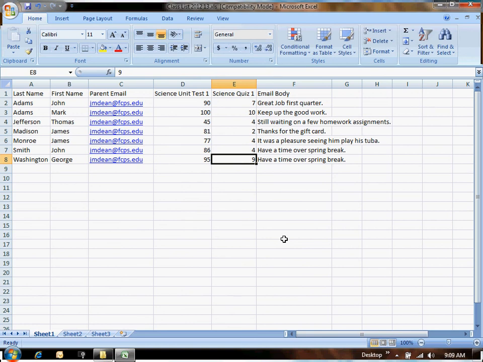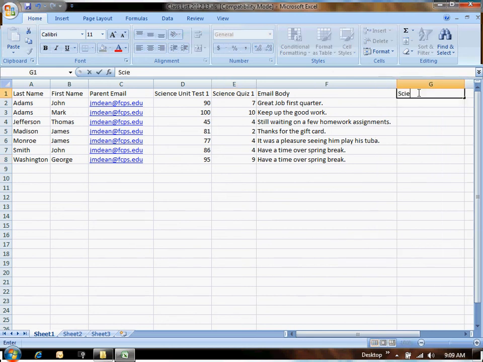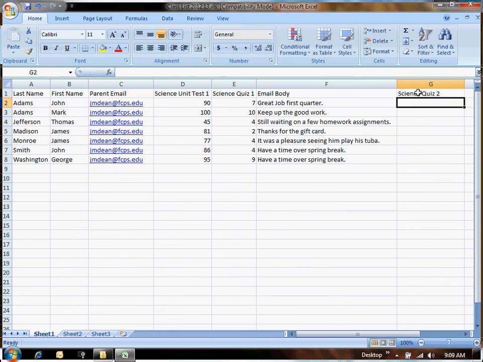If I close this Excel and open up Word, in the post-merge document it would not be corrected because that document is not linked with Excel, but in the pre-merge, the other Word document that I did save, that's still linked and that would automatically update. If I had a future quiz that I wanted to add here, for example, if I did return to the averages, or if I had a science quiz 2 and entered a number of results,